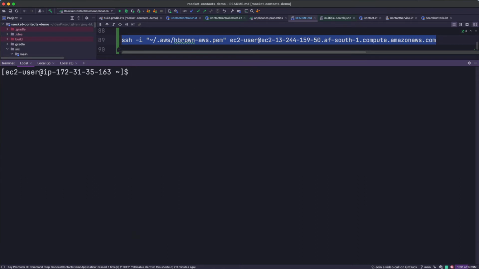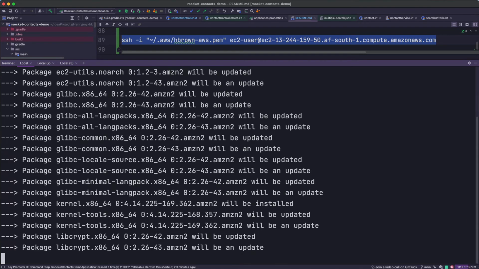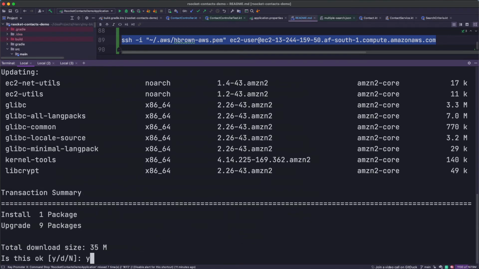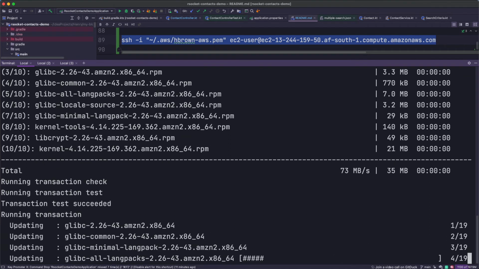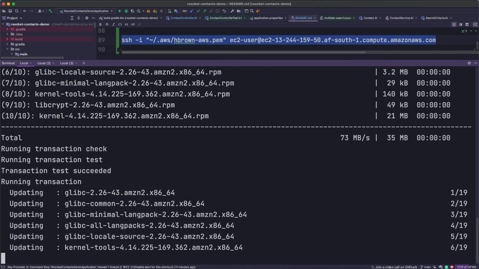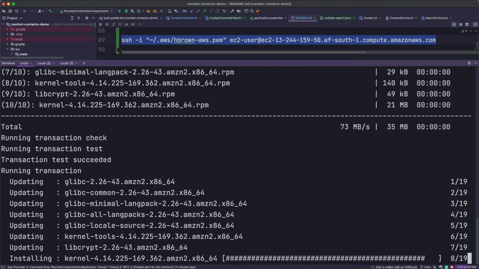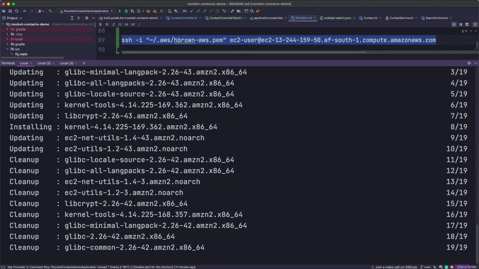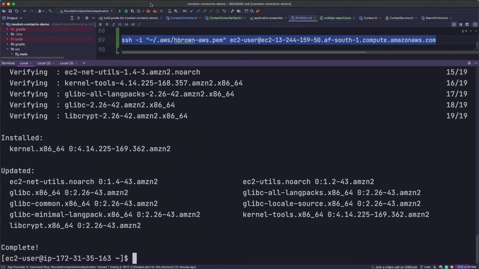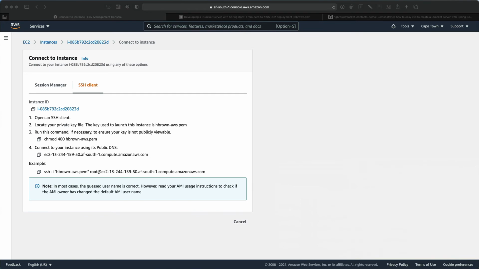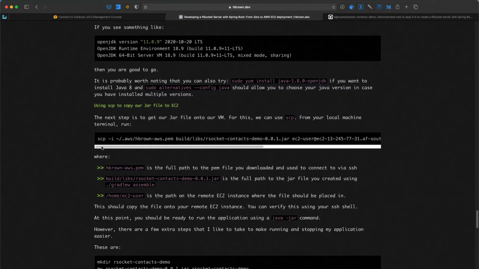And we can now go ahead and run some updates if we wanted to. And that will take a few seconds to run. And so that updates all the packages on this instance. Okay, while that is running, okay, it's actually complete. You can head back over to